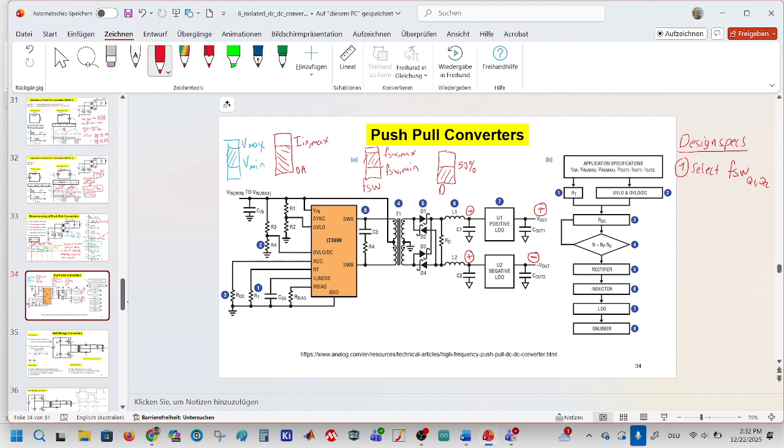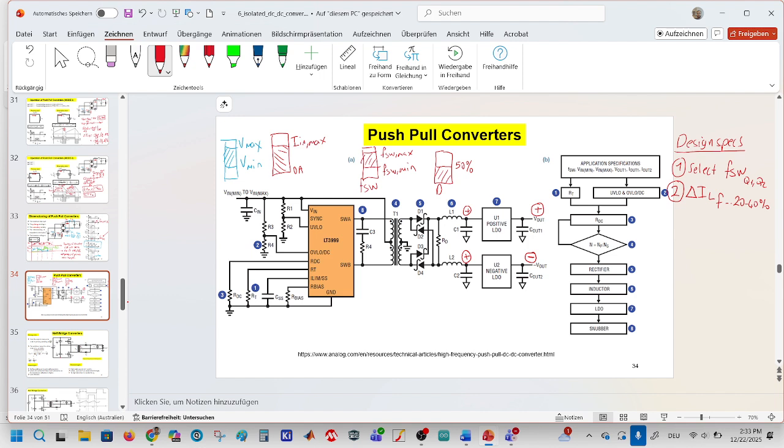That means we select the switching frequency, and what was the second criterion for making a decision on the design specs? Ripple current on the inductor, between 20 and 40%. The third one, maybe,